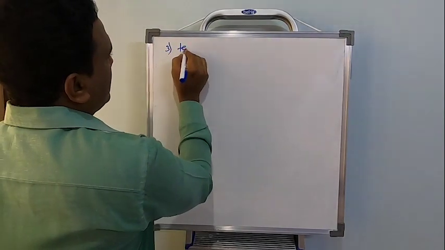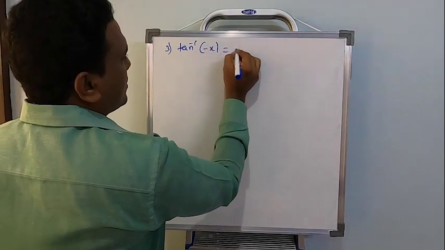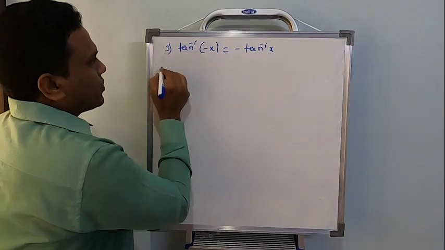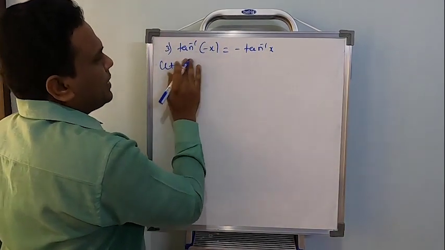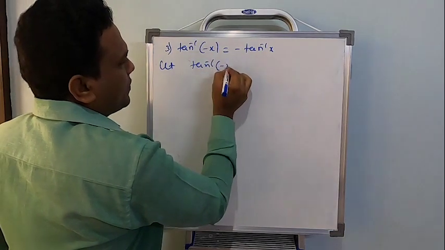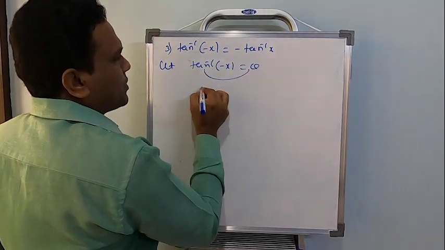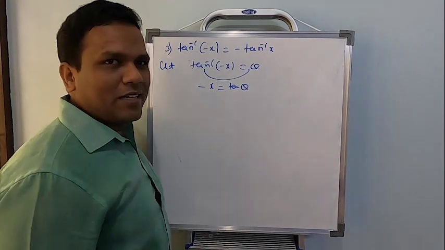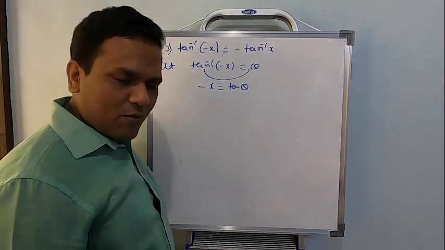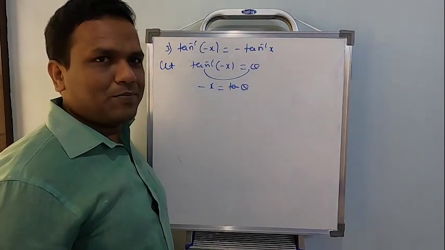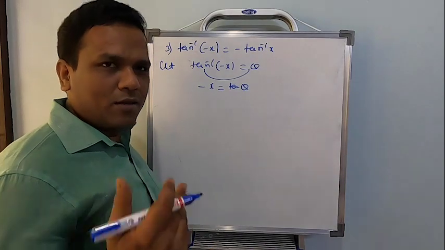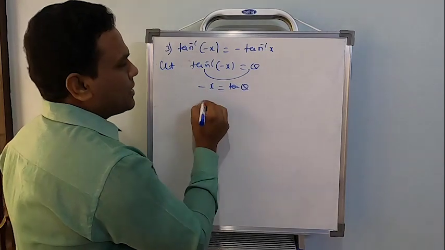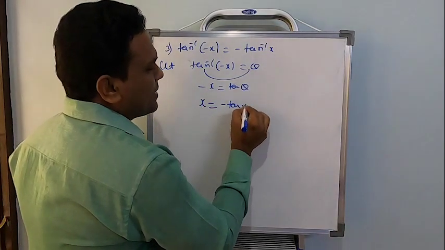Under this third one, tan inverse of minus x will be minus tan inverse x. So let's prove this. Let's consider tan inverse of minus x equal to theta, right? So minus x equal to tan theta. Remember students, shifting is actually not the correct word to be used. We have to actually say apply tan on both sides. But to make it simple and easy to remember, I'm just telling you in this way, shifting. So minus x equal to tan theta, or x equal to minus tan theta.